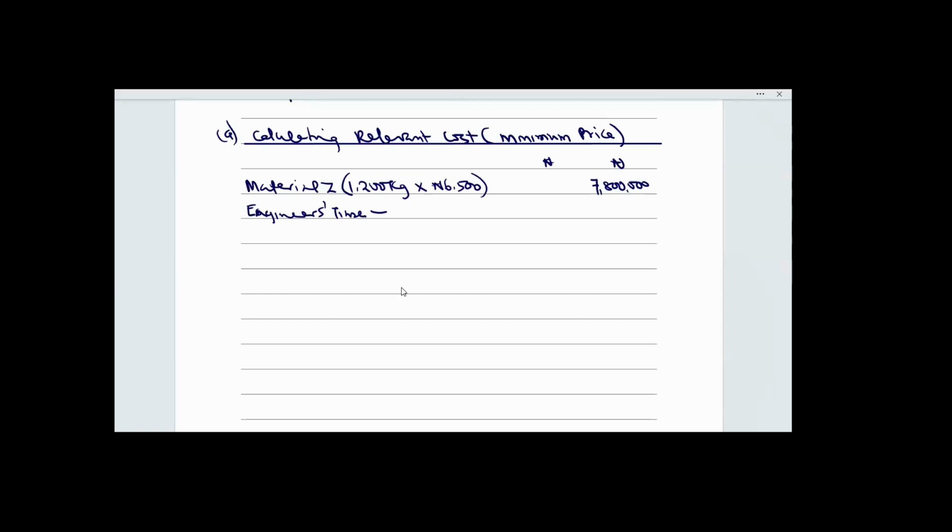The second option is to reduce the engineers' hours available on other products, which is product Y. Where you have two options, you are expected to make a choice between the two alternatives. So what will be your option? Your option is to select the alternative with the lower cost. Therefore, I would say select the lower of